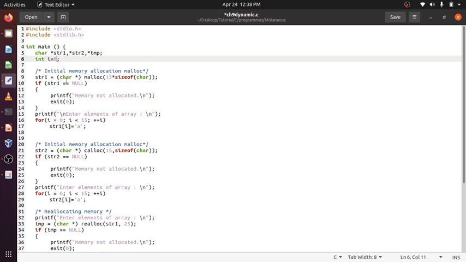It will return NULL if somehow, instead of 15, it is 15,000 and that much memory is not there. If it is so, then this will be executed and exit will be called. And in malloc the allocated memory will be filled by garbage value.